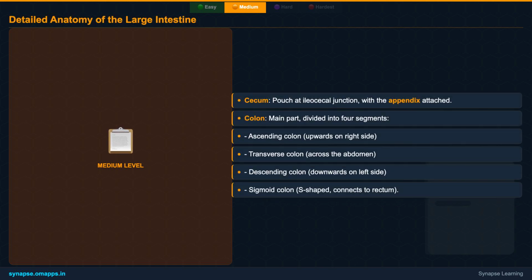The large intestine kicks off with the cecum, a pouch where the small intestine empties. Attached to it is the appendix, a small organ that might have an immune function. The main segment, the colon, is divided into ascending, transverse, descending, and sigmoid sections, forming a distinct path. The rectum is the final straight part before the anus, the body's exit point. This detailed structure allows for its specialized functions, particularly in water management and waste processing.